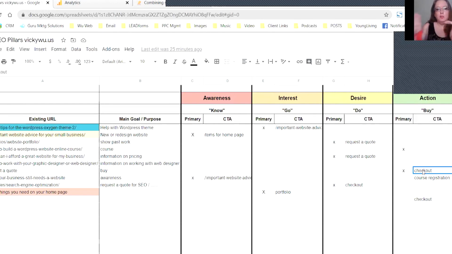So that kind of shows you the flow of what we're talking about with user intent, and having your content fall into one of these pillars and then interlinking. That interlinking in your website is always a good strategy anyway for SEO. This helps you do it in a way that's focused on an end goal, which is converting